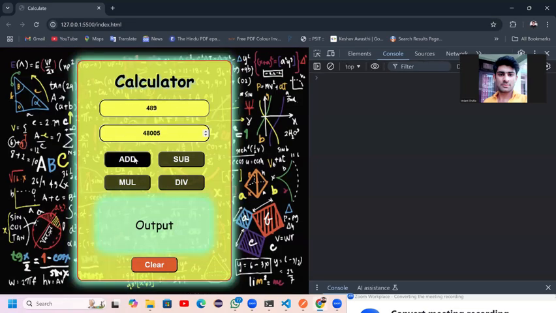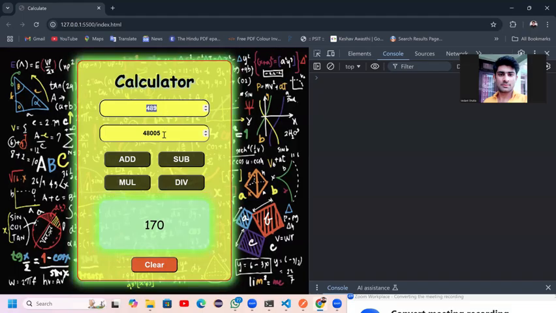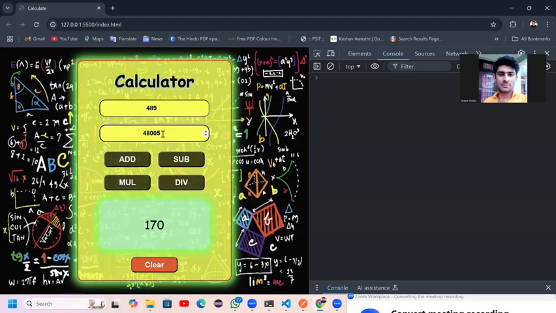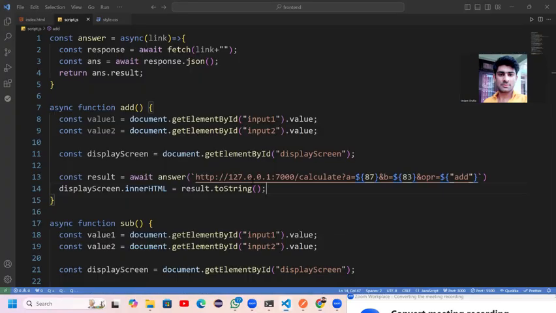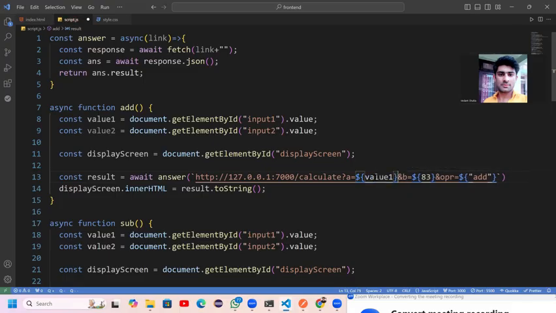आफ्टर दिस आई विल डू ऑन ऐड। तो व्हाट आई एम गेटिंग 170, बट दिस इज अ रॉन्ग आंसर। जब मैं इन दोनों को ऐड करूंगा तो 170 से ज़्यादा आंसर आएगा, क्योंकि सेकंड वैल्यू मेरी थाउजेंड्स में चल रही है। तो मेरे आंसर क्यों ये आ रहा है, क्योंकि एक्चुअली अभी मैं ये वैल्यूज़ के अनुसार मुझे आंसर मिल रहा है। अब ये वैल्यूज़ तो मेरी चेंज होगी इनपुट के हिसाब से, तो मुझे 87 83 की जगह यहाँ पे वैल्यू 1 एंड देन वैल्यू 2 यहाँ पे डालना पड़ेगा।